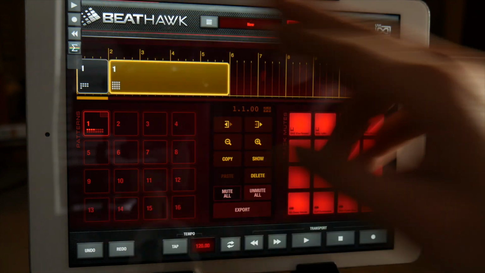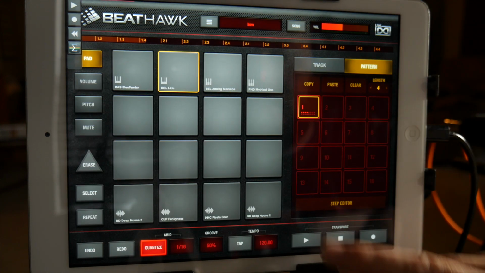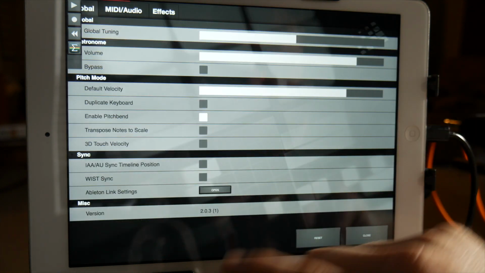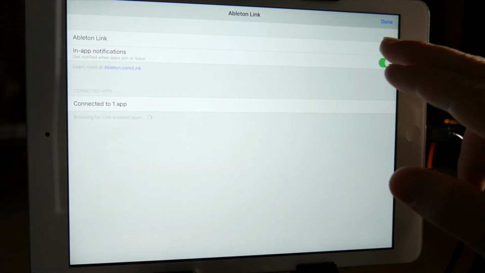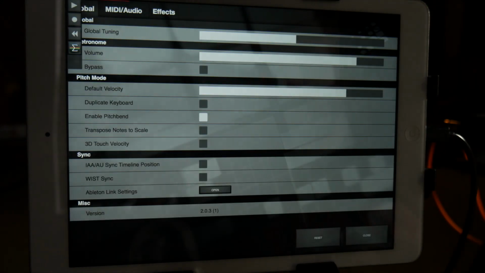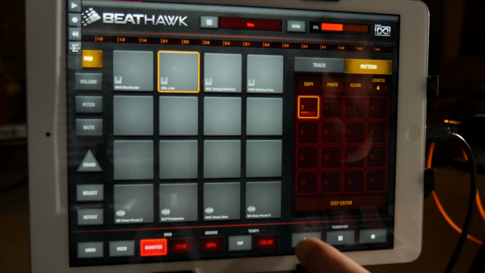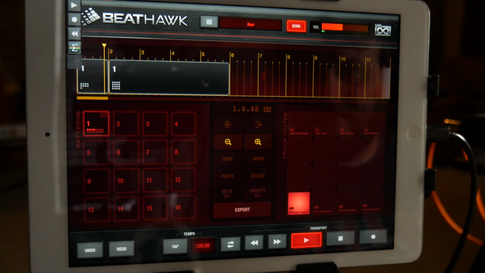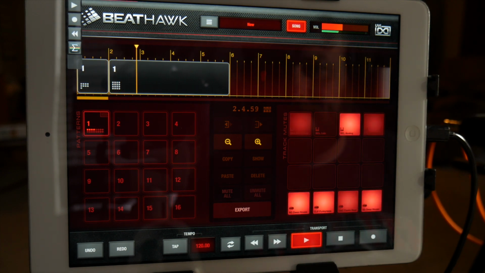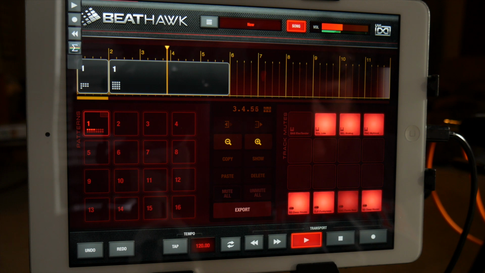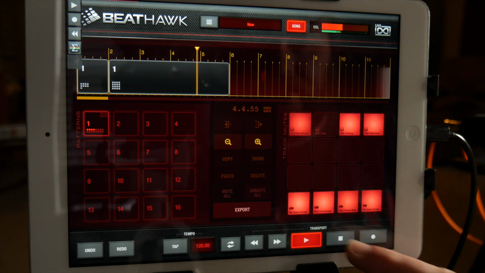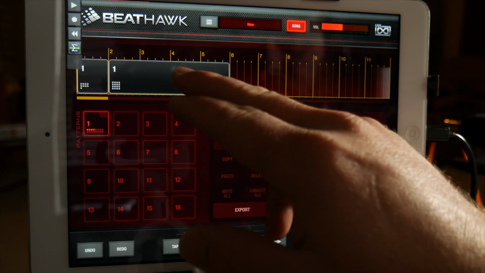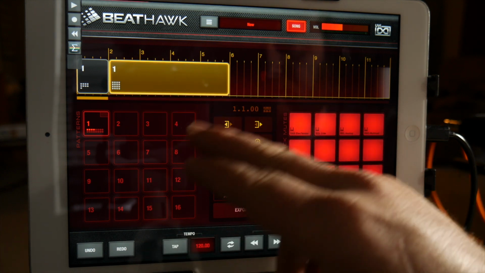Let me go out of this. Preferences, Ableton Link, turn Ableton Link off. Okay. Go back to song mode. So I don't know what that little hiccup or issue was right there, but anyway, going back to this,